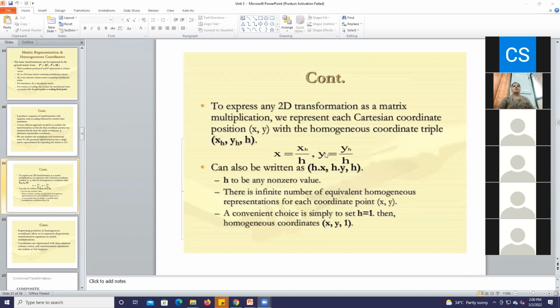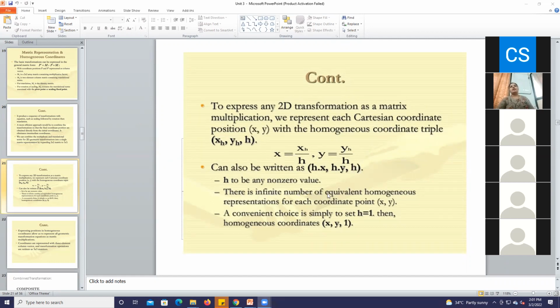So we have seen this expression xy. To express any 2D transformation, we represent each Cartesian coordinate xy ला आपण काय रिप्रेझेंट करत असतो? होमोजिनियस कोऑर्डिनेट मध्ये करत असतो in a triple coordinate format, xh, yh and h. H is the overall scaling factor. मग what is the relation between xh and x? आपण पाहिलं x is equal to xh divided by h and y equal to yh divided by h, where h is a non-zero value obviously,